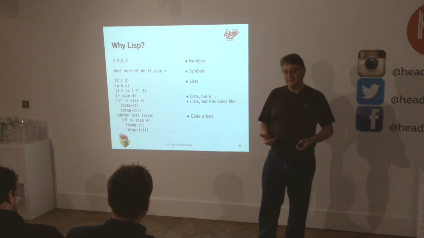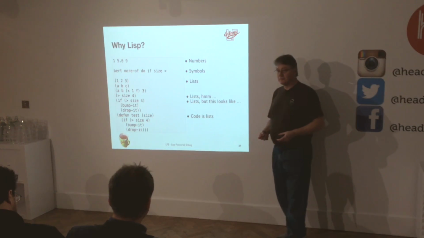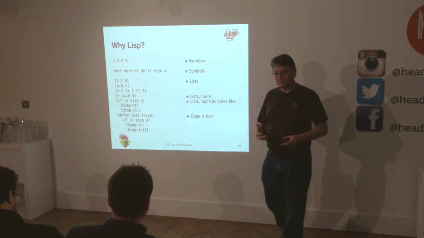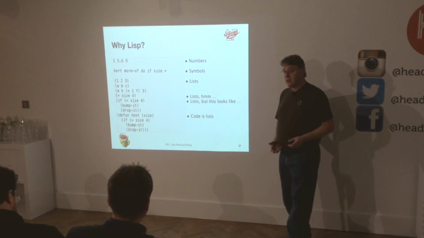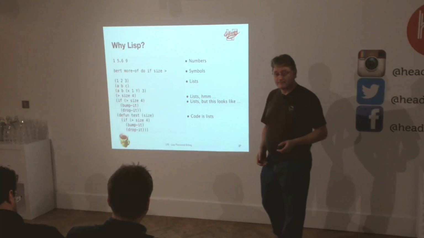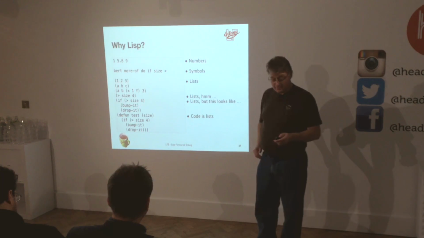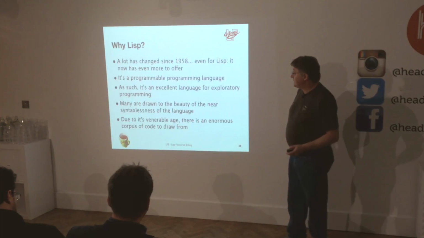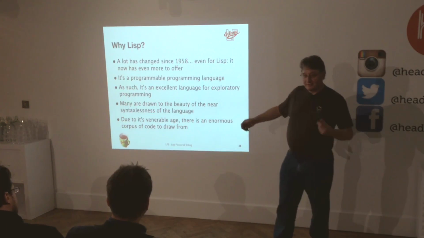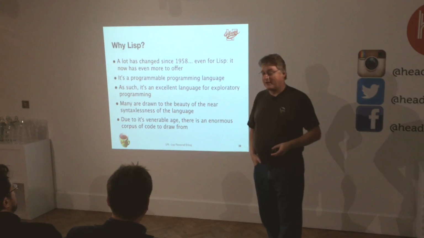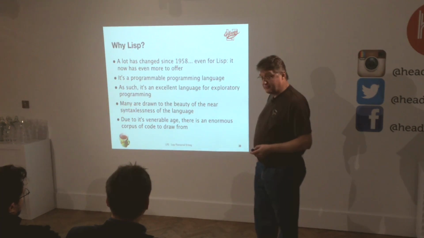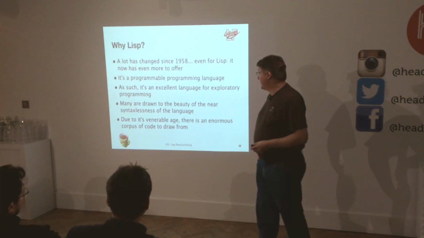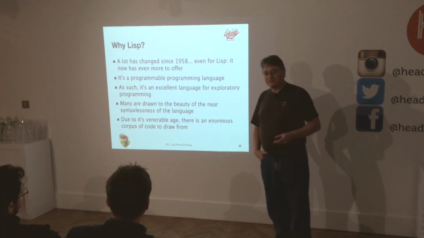It's extremely easy to work with it, to process code, to look at code, to generate code, to write macros, compared to almost every other language. So it's homoiconic. And, well, it's come a lot since 58 when the original one came. It's come quite a long way. There's an awful lot of things being done in Lisp. It's a programmable programming language.